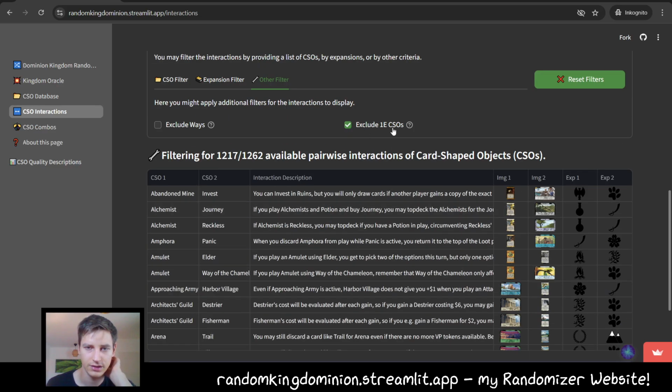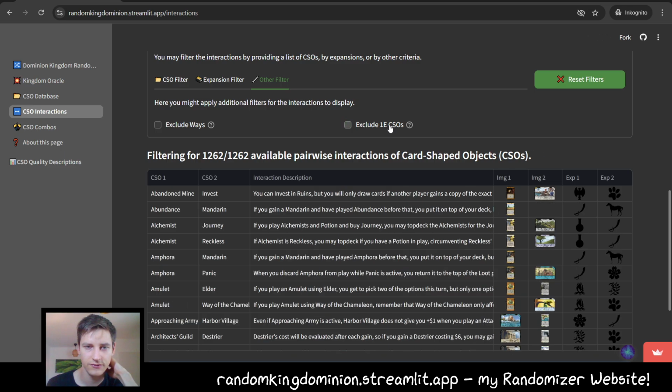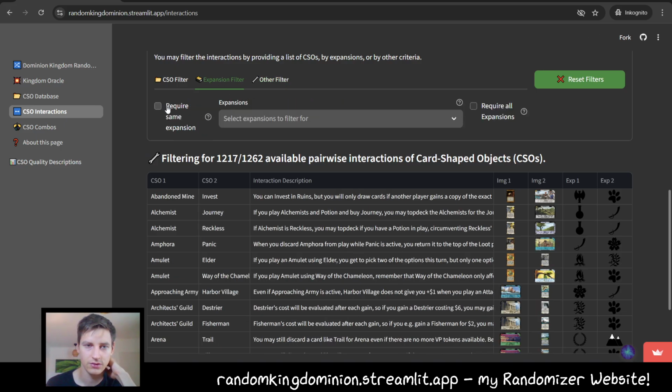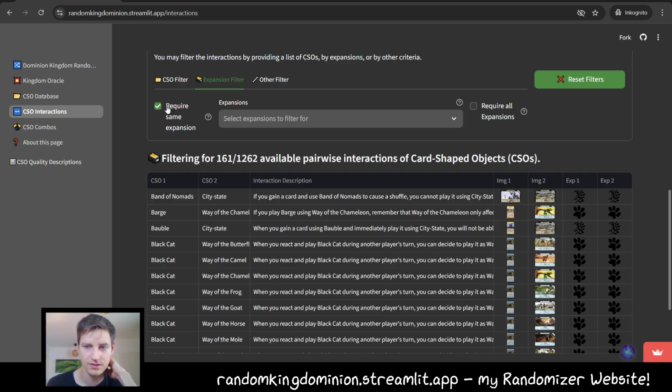Like the 1E CSOs, the first edition CSOs, are excluded by default, but we can also include them if we so want to. In the expansion filter, we can also require the same expansions, which is nice if you're looking for interesting